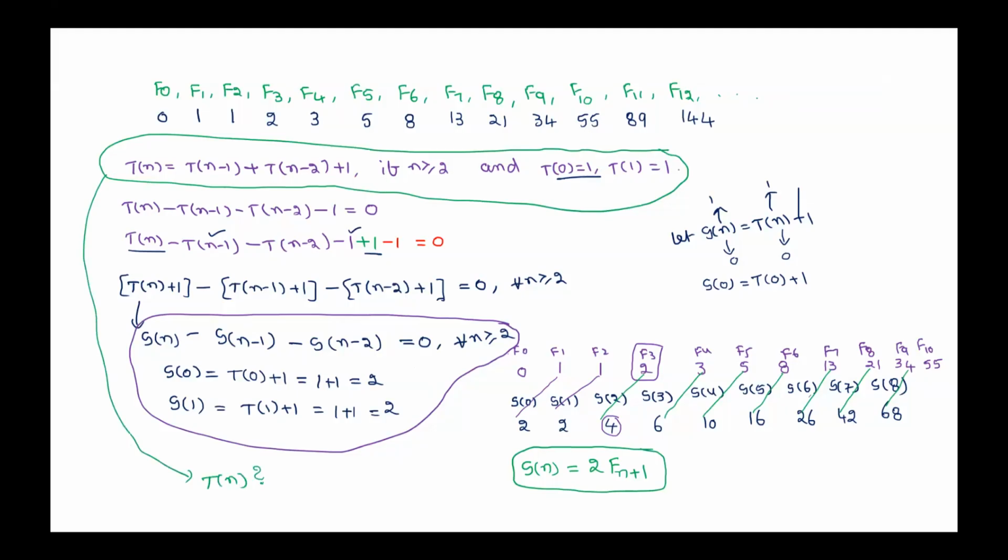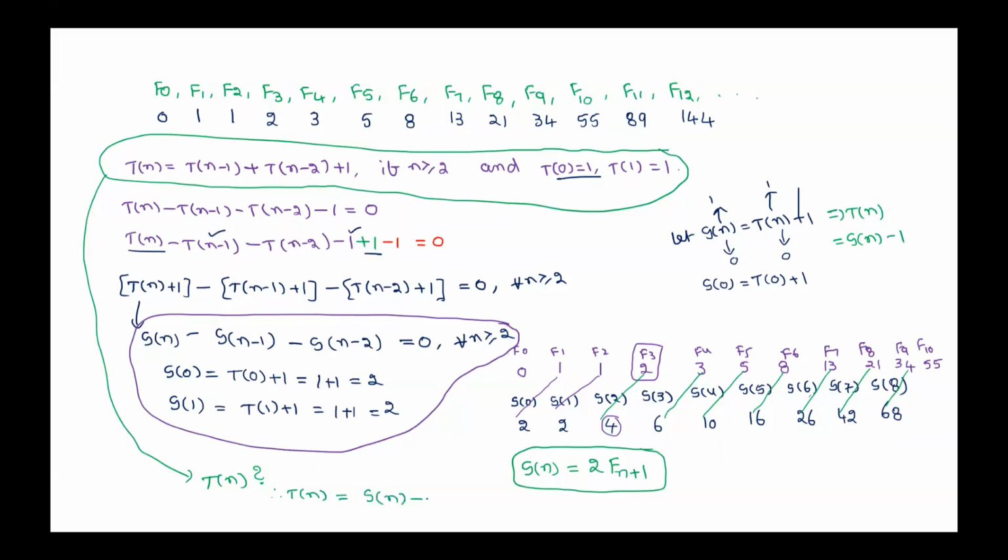Our actual recurrence: T of n is T of n minus 1 plus T of n minus 2 plus 1. What is Tn? Sn is Tn plus 1. That implies what is Tn? Sn minus 1. So therefore, what is Tn now? Tn can be written as